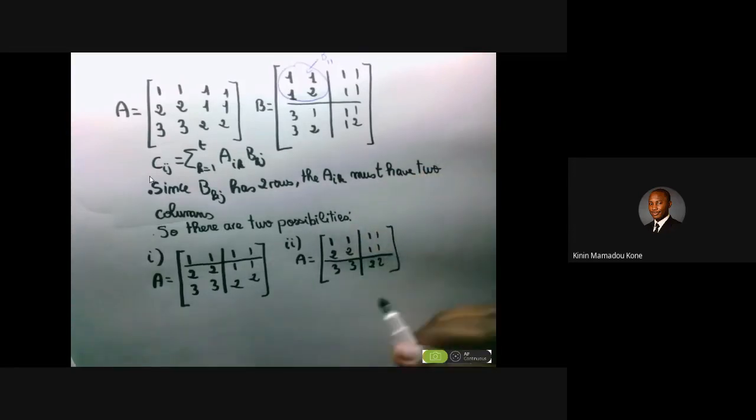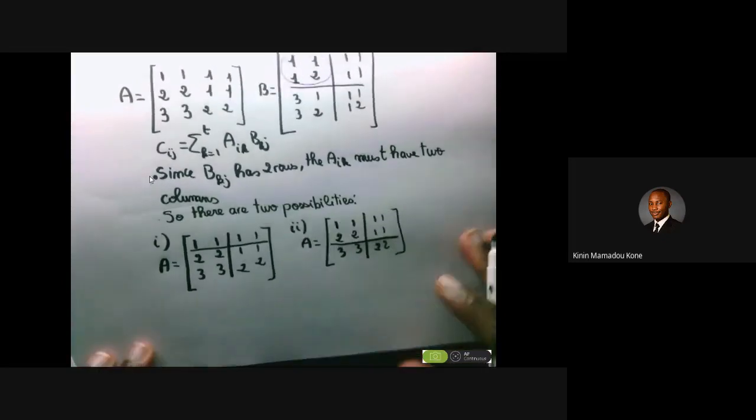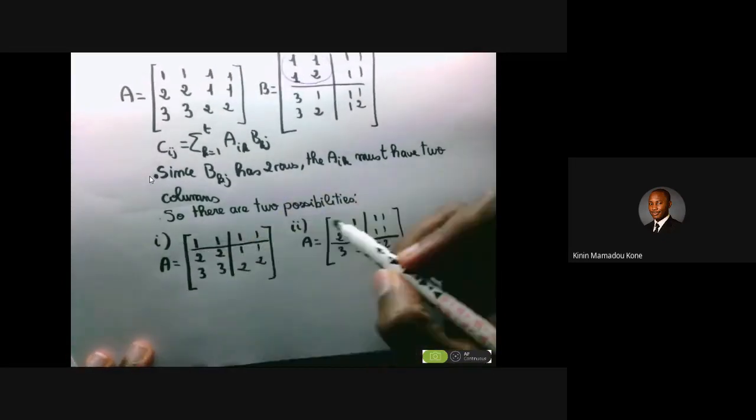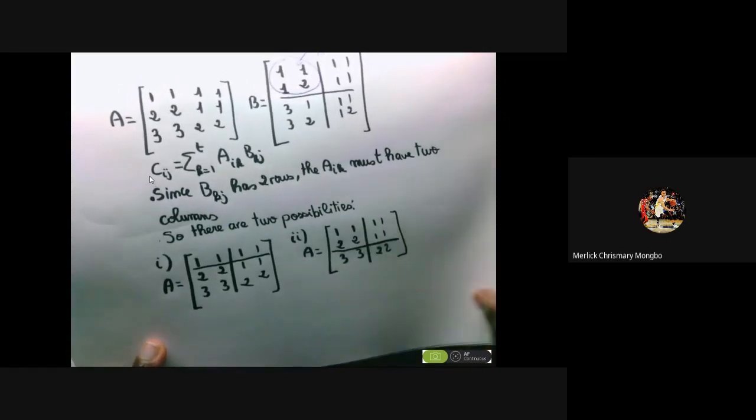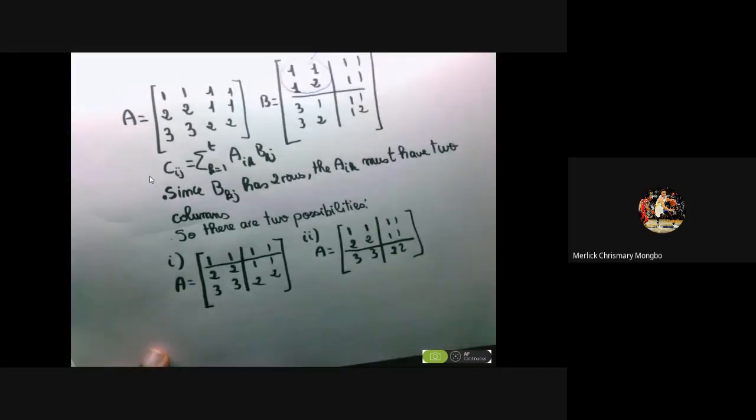So we're going to do it case by case. That's going to be our case number one. That's going to be our case number two. So case one, the first case,